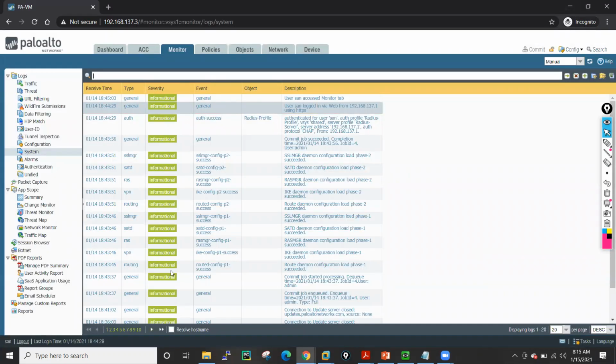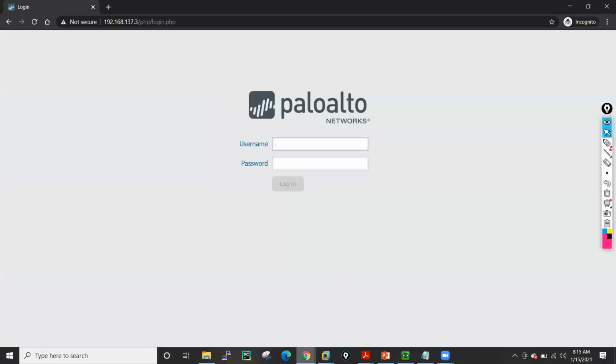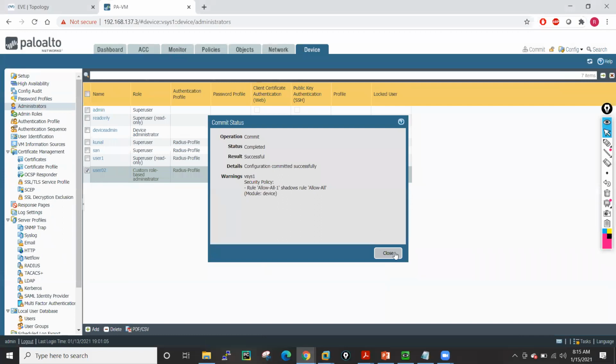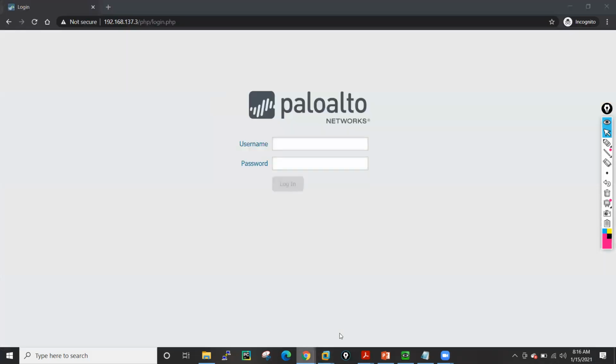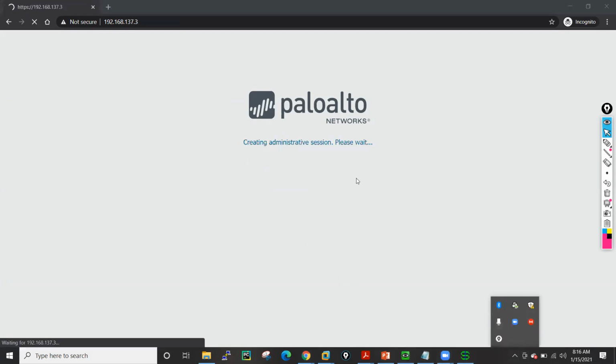Now let me log out, and this time I will log in with user 2, which is a crypto admin. So we will see he only has access to VPN-related stuff. So for user 2, this time I'll type user 02, and the password is admin@123, because we have set the same password for all these users.